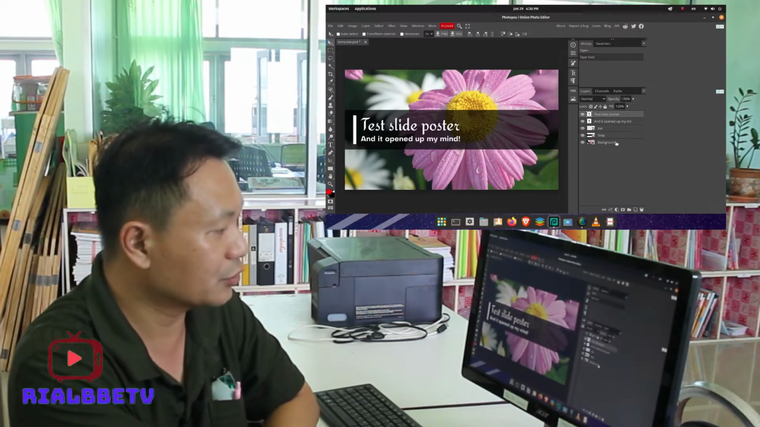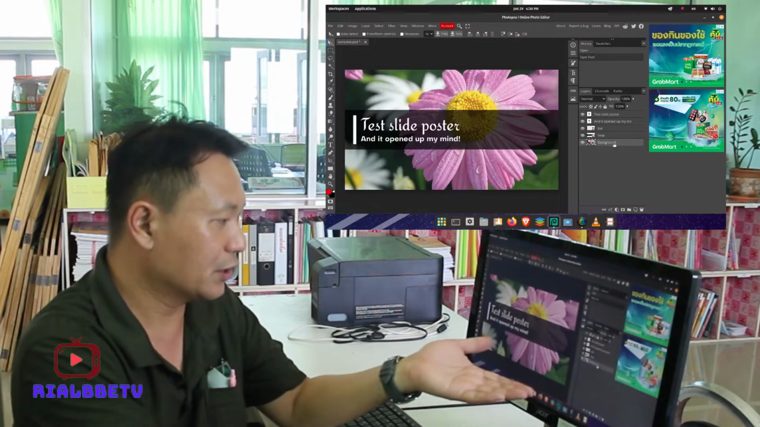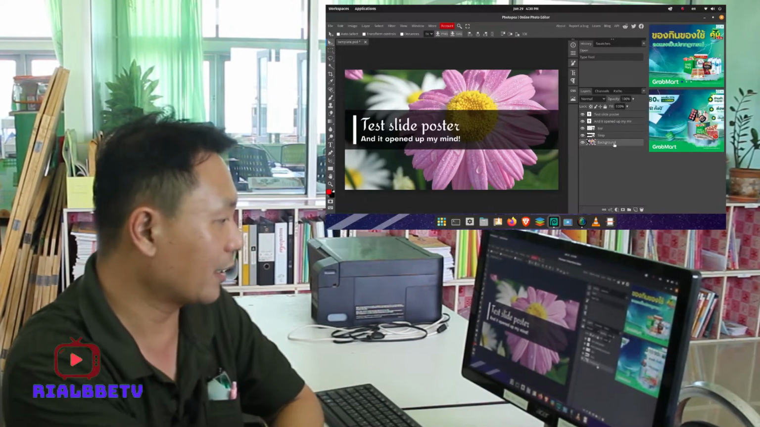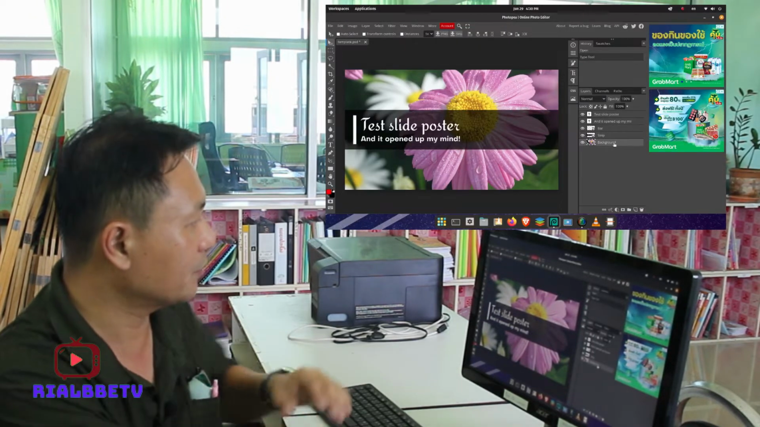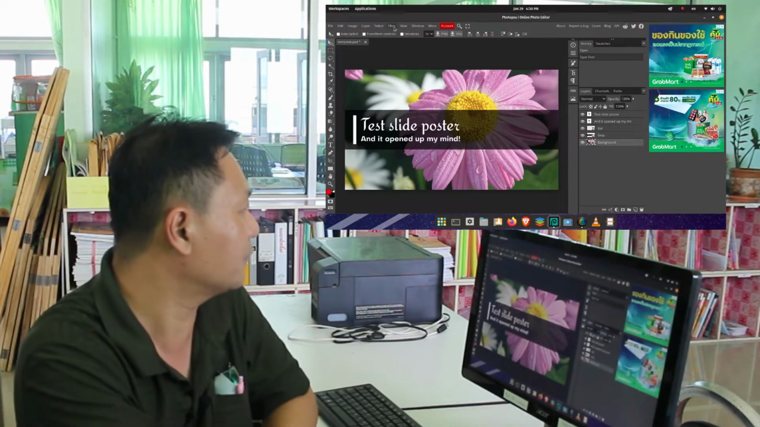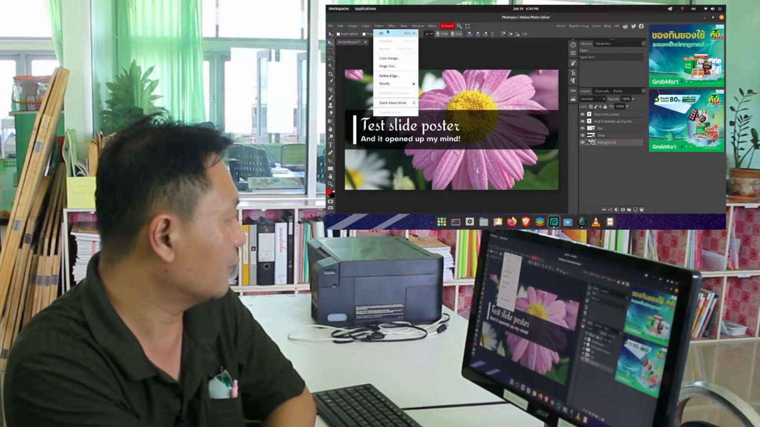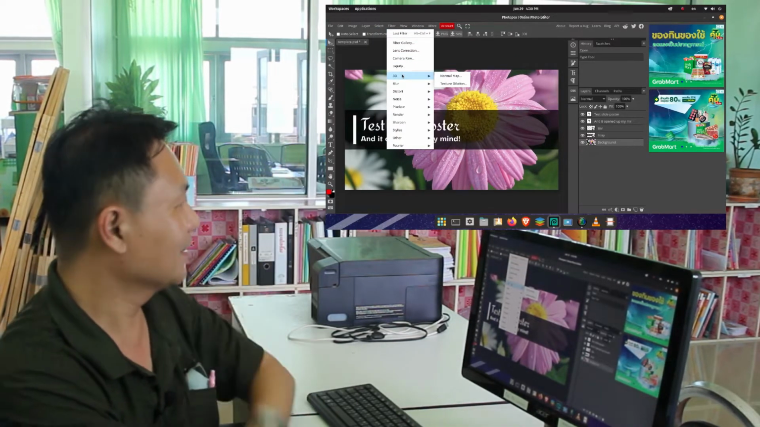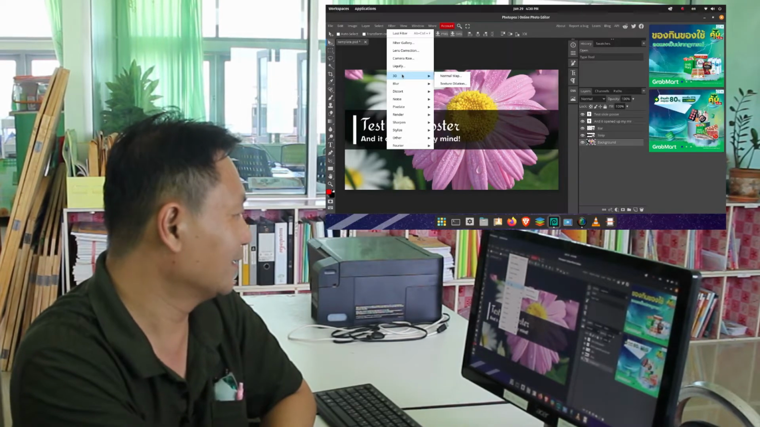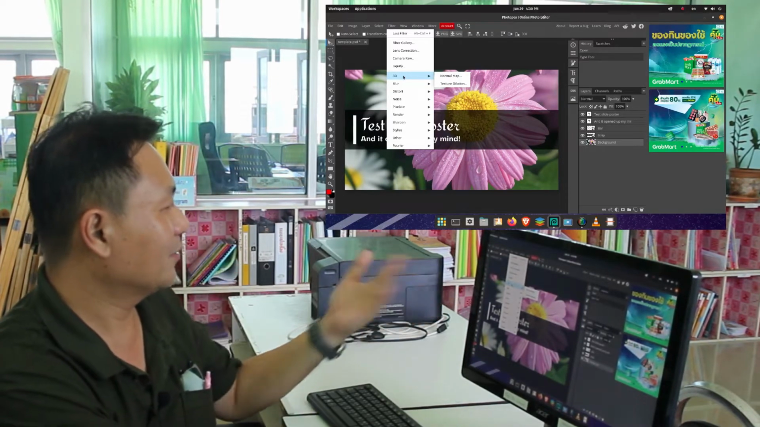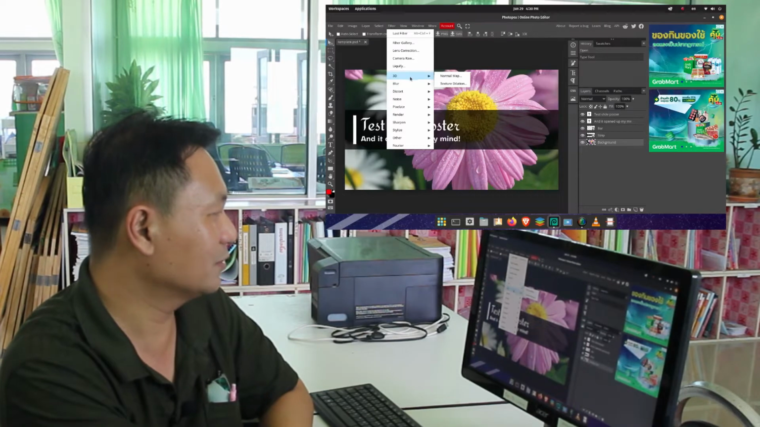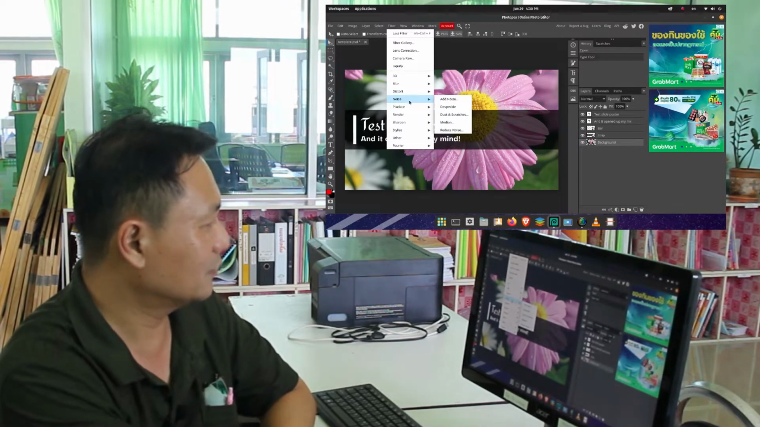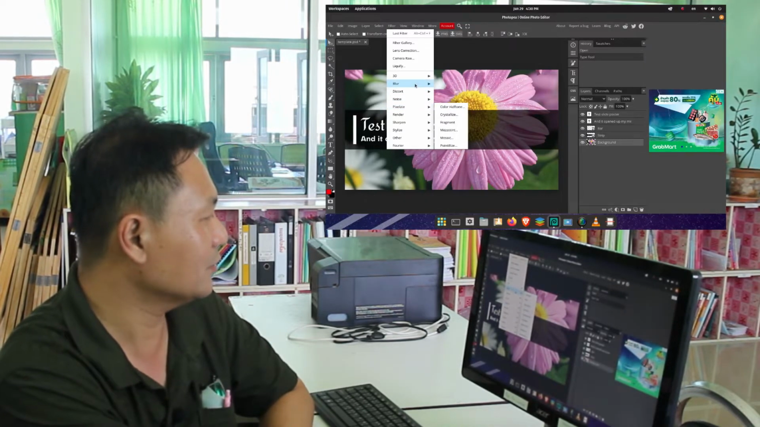So let's try to change the background. So just like in our Photoshop, we could change the background. So let's try to change the background by going to the filters. So we have the filters right here. So as you can see right here, we already opened this one. We could change the filter right here. So we have different types of filters. Let's try to have this